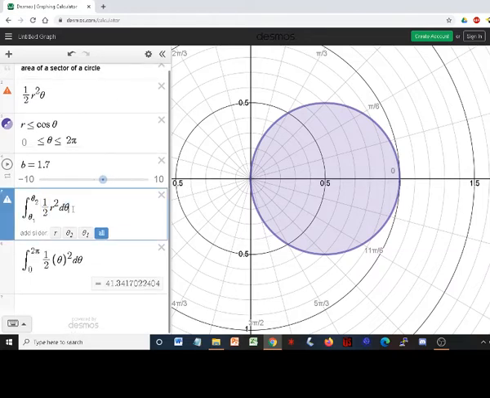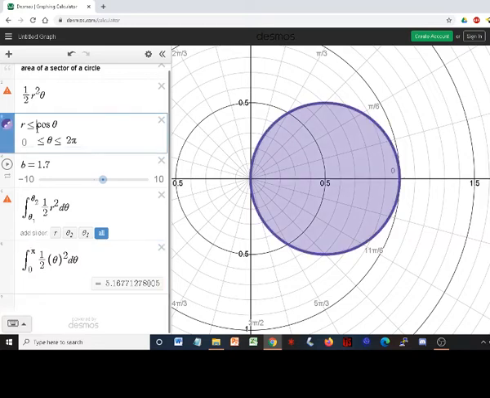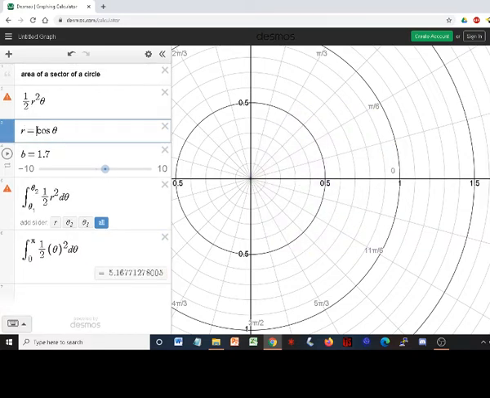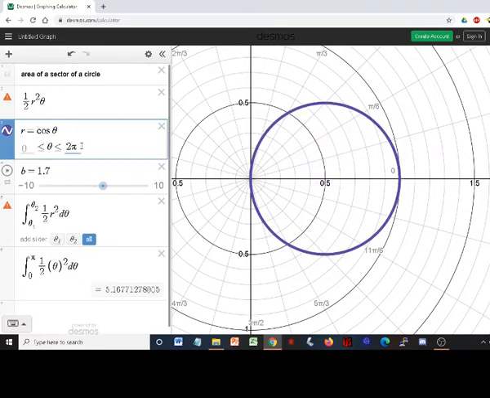So same idea here. There's no derivative. The most complicated thing about this is don't confuse this with volumes of revolution. It's a 1/2 r squared, not pi r squared, and it's d theta. So it looks very similar to the pi r squared formula. All I would do differently here is, first off, this goes to pi. Remember that when I use equals here? This graph, if I get rid of this,